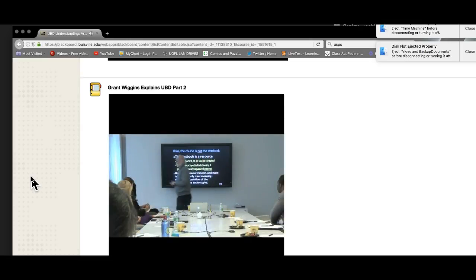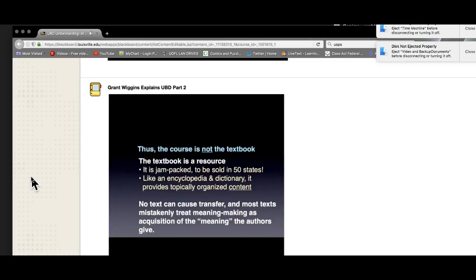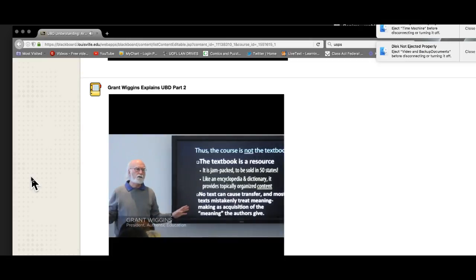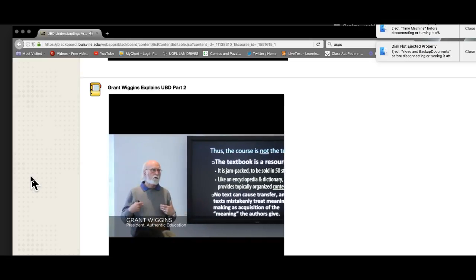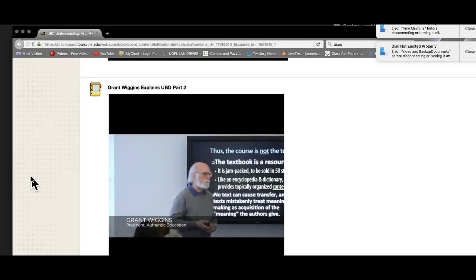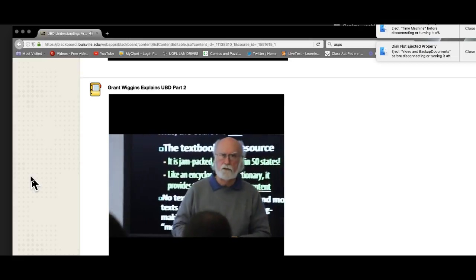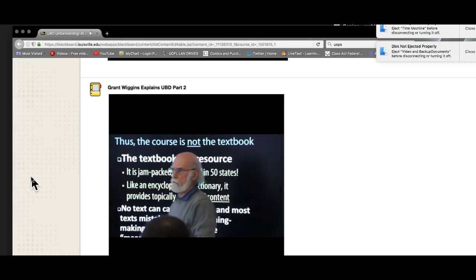The textbook is not the course. Repeat after me. The textbook is not the course. The textbook is a resource in support of your goals. The textbook doesn't know your transfer goals, and it frankly doesn't care about them. I work for Pearson. I've worked on 11 textbooks now, and it's endlessly interesting and endlessly frustrating